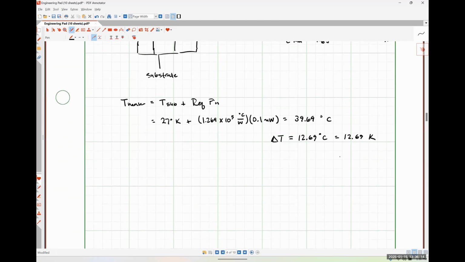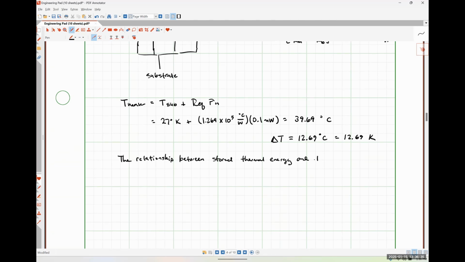So let me write this down right here. The relationship between stored thermal energy and temperature change